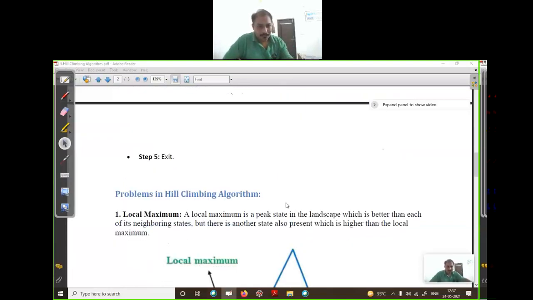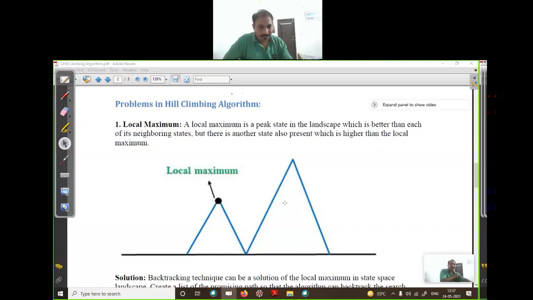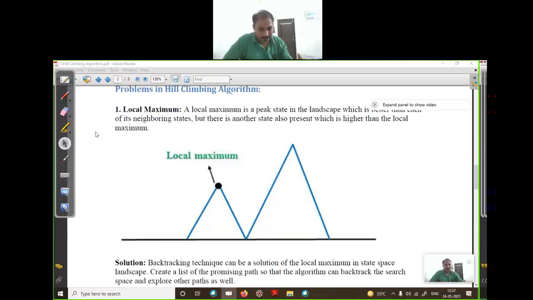Okay, let's see what the problems in hill climbing are. First is the local maximum. If you start from this point and keep increasing your heuristic value, you reach this point, and the next value is not increasing, so it will stop at that point and say this is your goal.